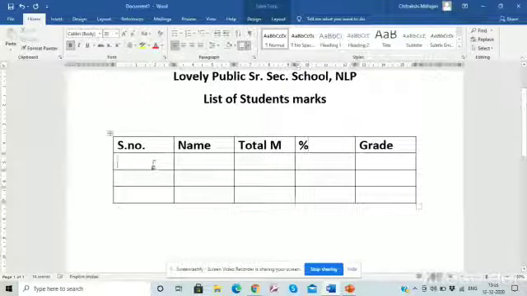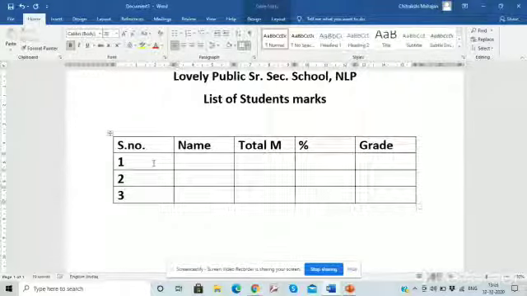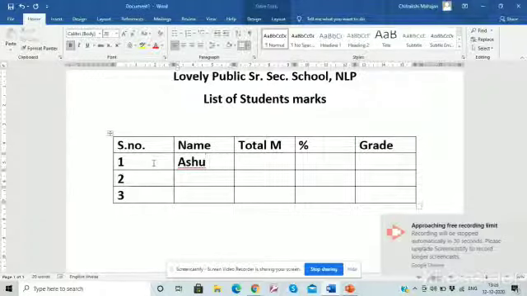Now we just fill the data. 1, 2, 3. We can use tab for moving in the cells. Name: Ashu, Bhanu, and Keshu.